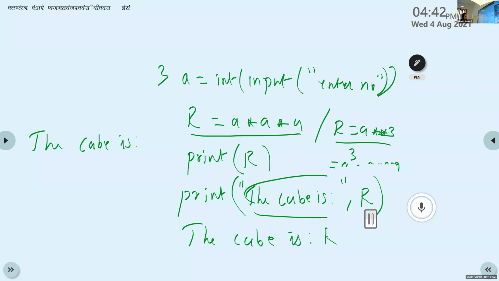Okay. Is it clear, the difference between something within double quotes and other than double quotes? Is it clear, Tushar? Yes, ma'am. Okay. Basuri, is it clear, Basuri? Amal, is it clear? Amal? Some problem in your mic, Amal?